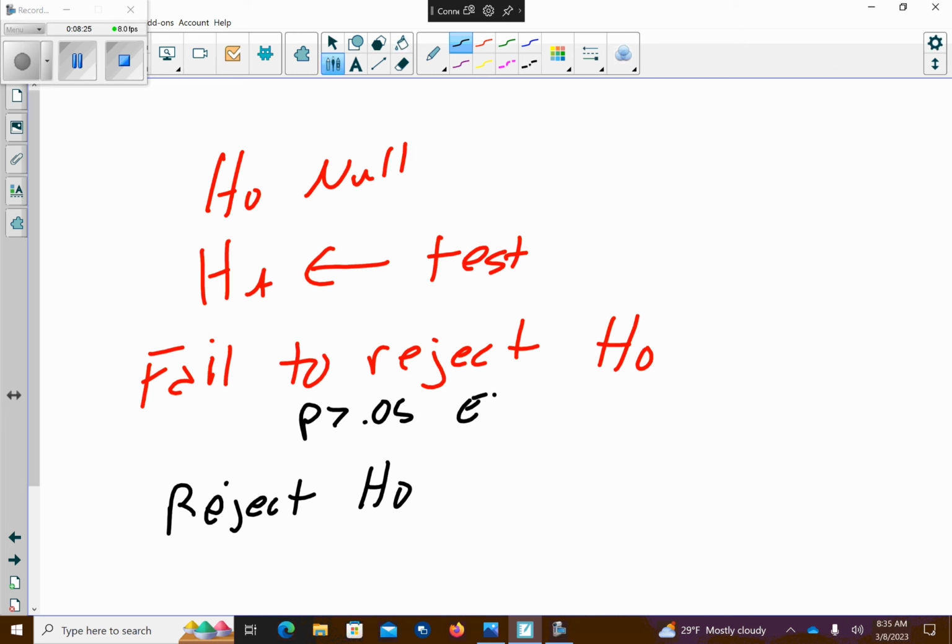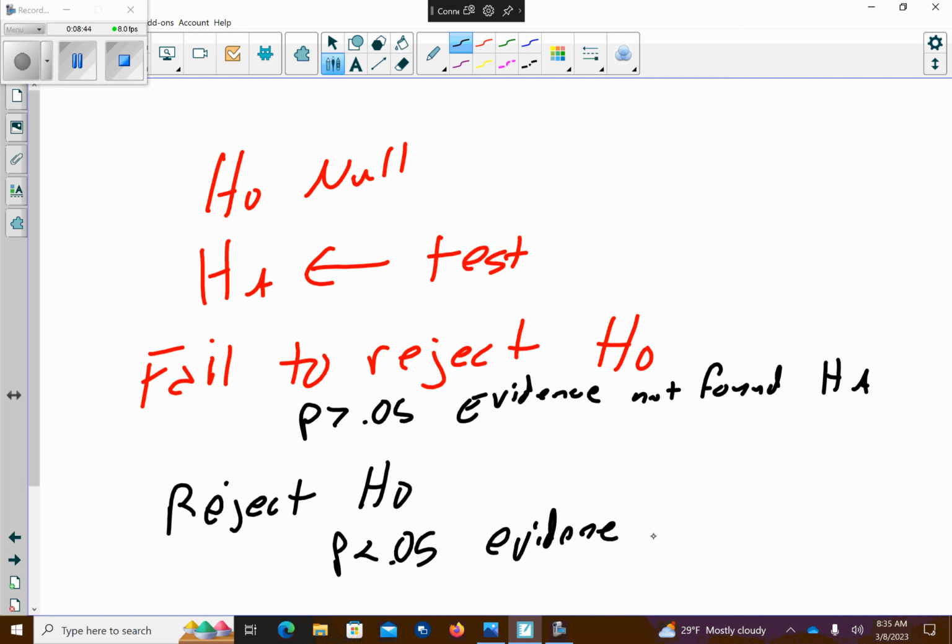So evidence not found for HA. Okay, fail to reject. If we reject the null, our p-value is less than 0.05. Evidence supports